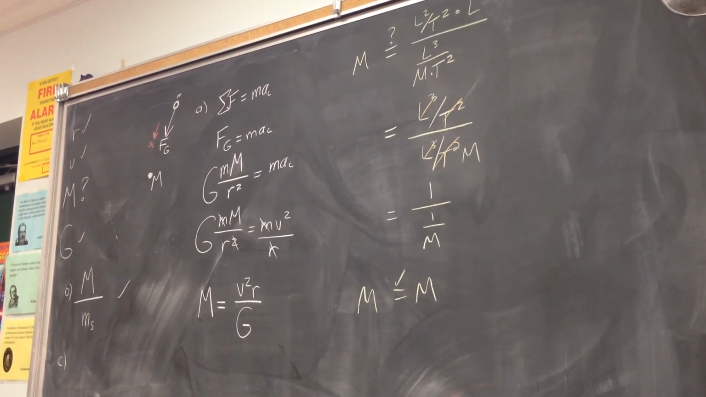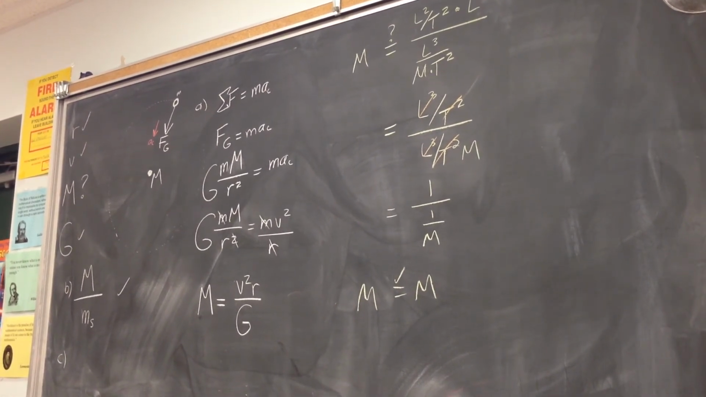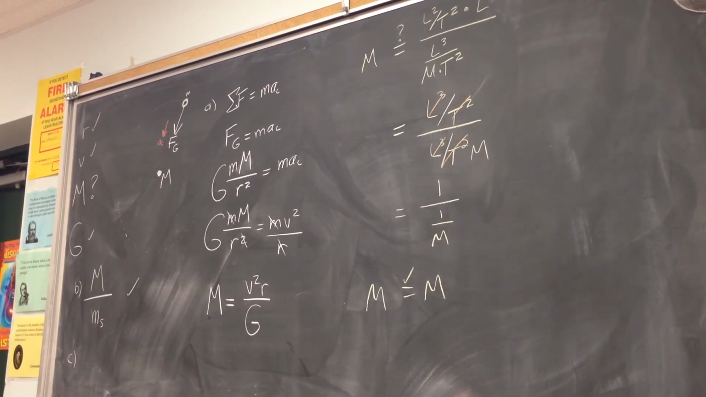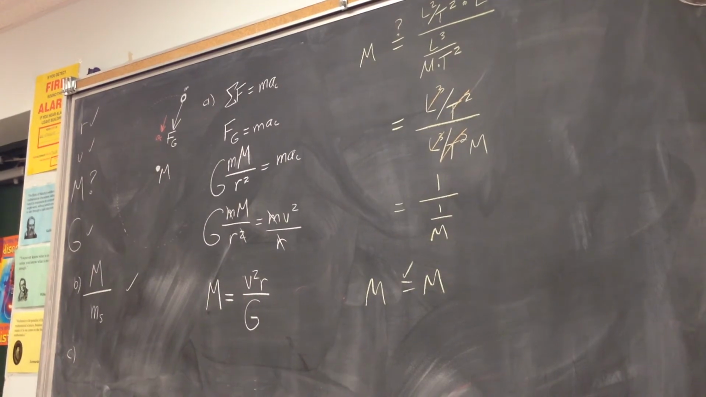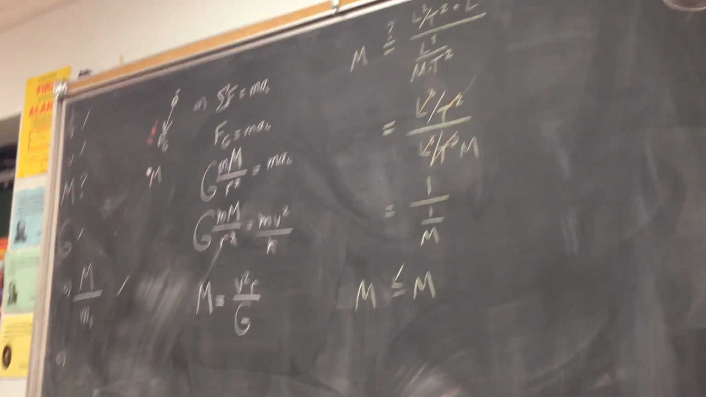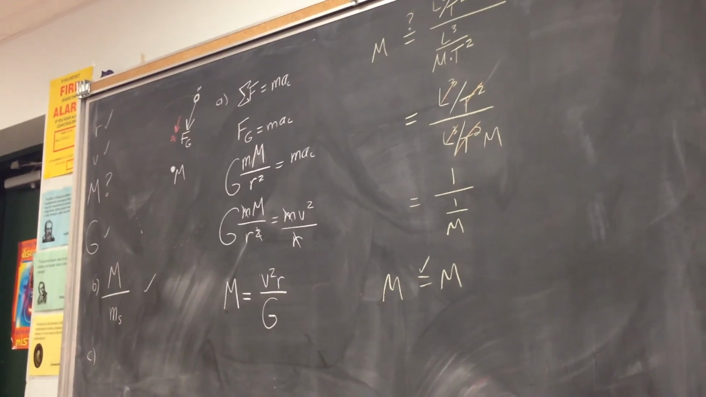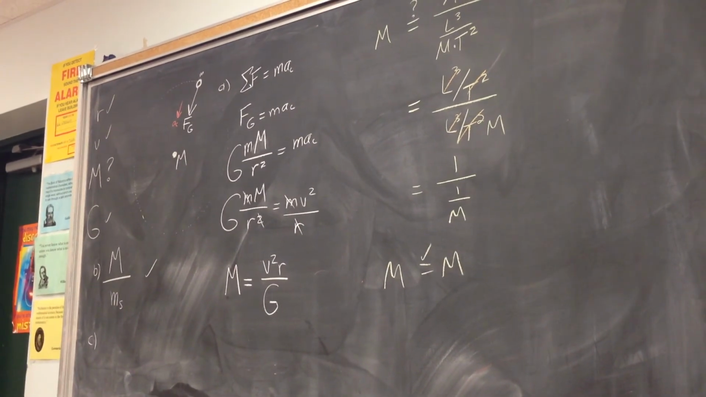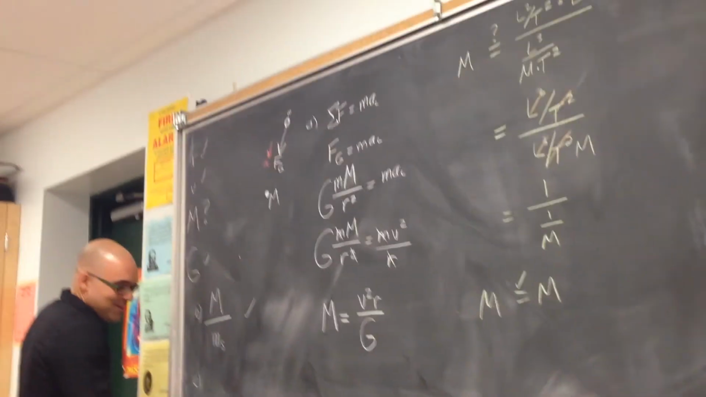So that is UG2. So whether it is debris surrounding a black hole or planets going around the sun or moon going around, whatever,